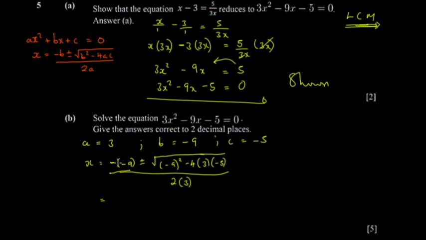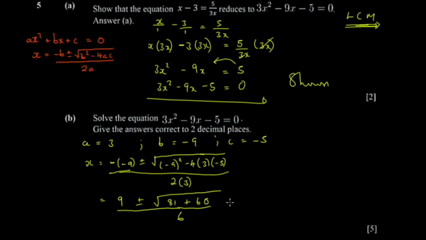Okay. So here you get 9, negative and negative, you just get 9 here, square root of. Then here, if you want, you can punch it in a calculator directly, but I advise you to condense it a little bit, so you get 81, then plus here. If it's too large, then you're allowed to use a calculator. Okay, just use a calculator directly. This one is supposed to give you 12 multiplied by 5. 12 multiplied by 5, it's equal to 60. Okay, so all this you have to divide it by